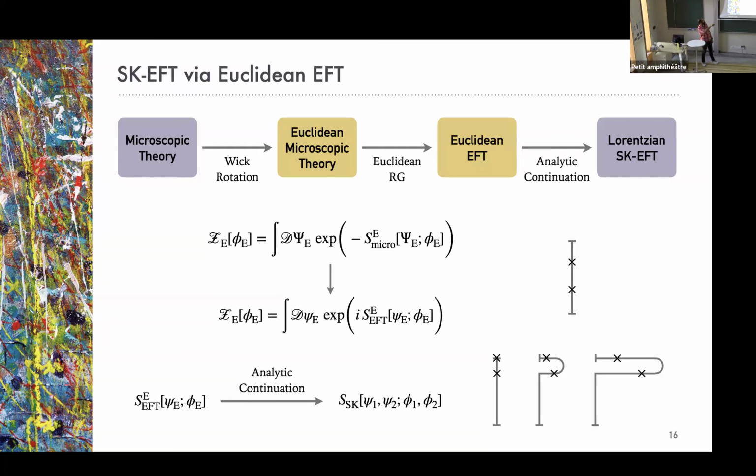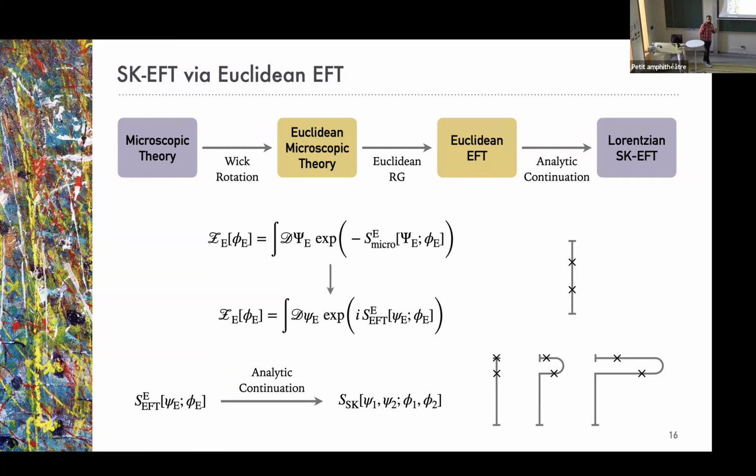You do Euclidean RG and you end up with a Euclidean version of the effective field theory, which will prescribe for you how to compute expectation values of operators where all the operators are inserted in the imaginary part of the contour. And then you take a leap of faith and you say that, okay, I can take this answer and I can analytically continue it, by which I mean that you do these operator insertions on the imaginary part of the contour, deform the contour a little bit in Lorentzian time by doing some clever analytic continuation tricks, and pops out the answer that you're actually